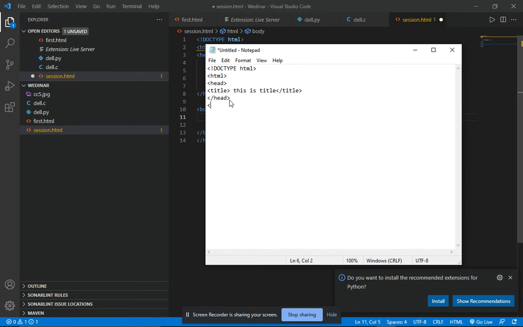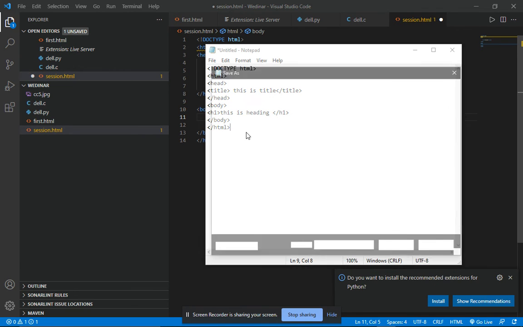After the head, I add the body of the HTML page, and here I write our first heading. This is heading, and I close it. Here I close my body tag, and I also close my HTML tag because I have done my work.